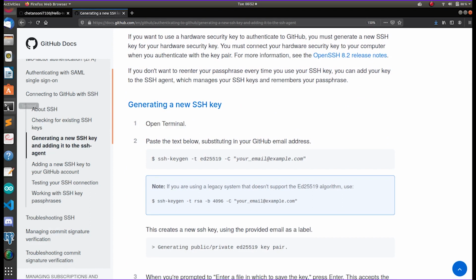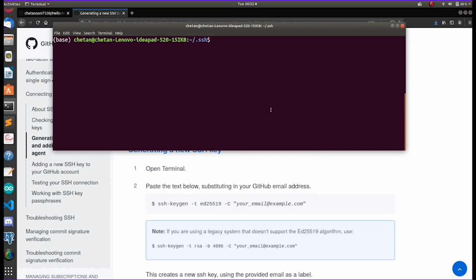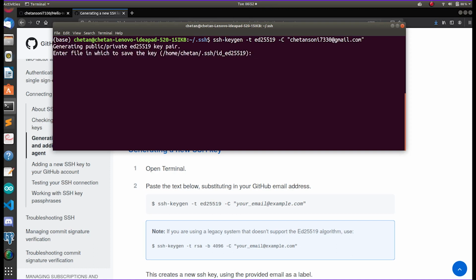Now for the generation, let's go back to our terminal and type this command, ssh-keygen, and in the email part enter the email which you entered into your GitHub account when you registered. So here I am using my email ID associated with my GitHub account.